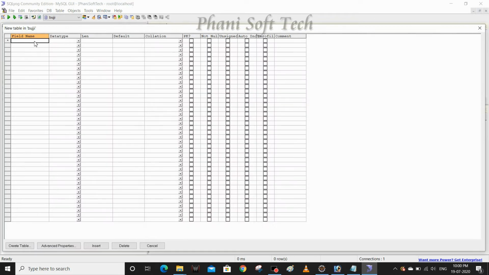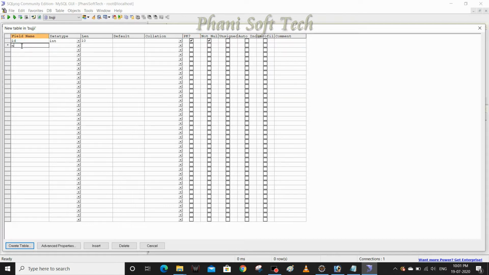Create table. The first field is ID, and the data type is number, which means integer, int. You can take any length, and it is the primary key.